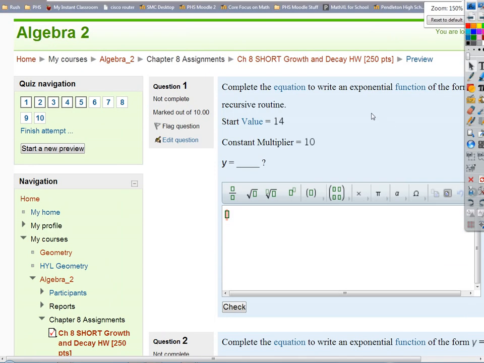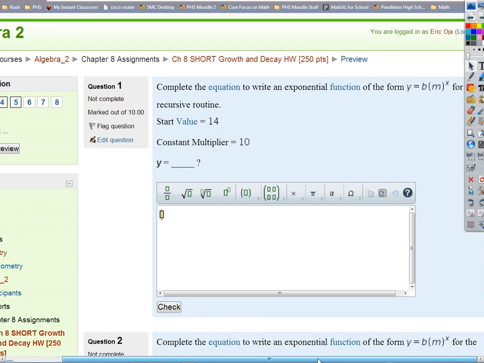Okay, I just want to take a quick look at the assignment here, and I don't want to spend any time on this. I want to just talk about quickly, say how do we do this, and then you guys can go do this stuff. We'll get it done. Okay, so complete the equation to write an exponential function of the form y equals b times m to the